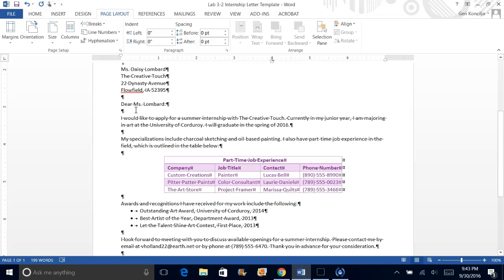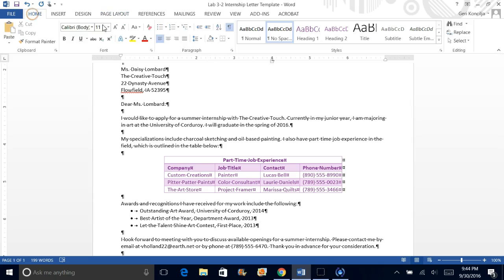Okay, everyone, I have one more thing I want to show you about paragraph spacing. I think there's still a little bit of confusion and probably some frustration with this, and spacing is frustrating, but I want to show you a feature in here that may help with resolving an issue that you're having with paragraph spacing. So we are working with our internship letter, and if you remember from the assignment that we were